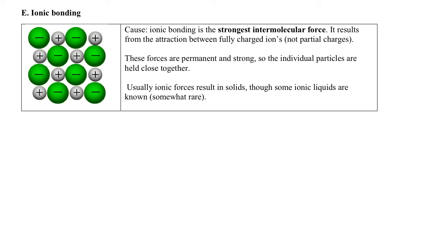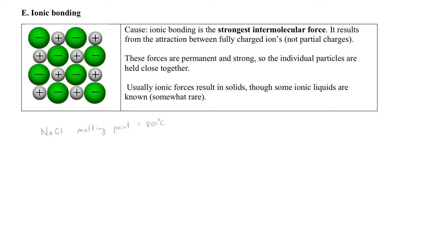Compounds with ionic forces going on have properties like very high melting points. So for example, sodium chloride, that's an ionic compound with sodium cations and chloride anions. The ionic forces in sodium chloride are so strong, in fact, that its melting point is 800 degrees Celsius. That's over 1400 degrees Fahrenheit. That's the result of very strong intermolecular forces, the ionic forces that exist between those sodium cations and the chloride